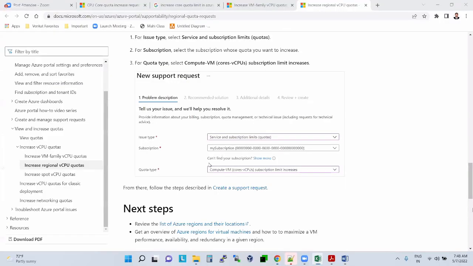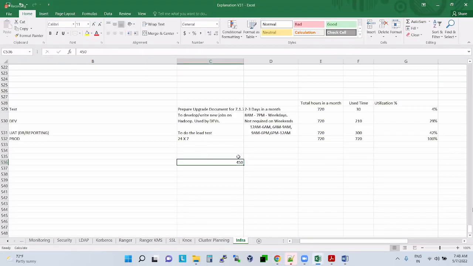This is per hour. What if I run this cluster with 100 nodes? Let's say for my requirement I need 100 nodes. What is the per hour cost for me? It is 45,000 per hour, into 24 hours.